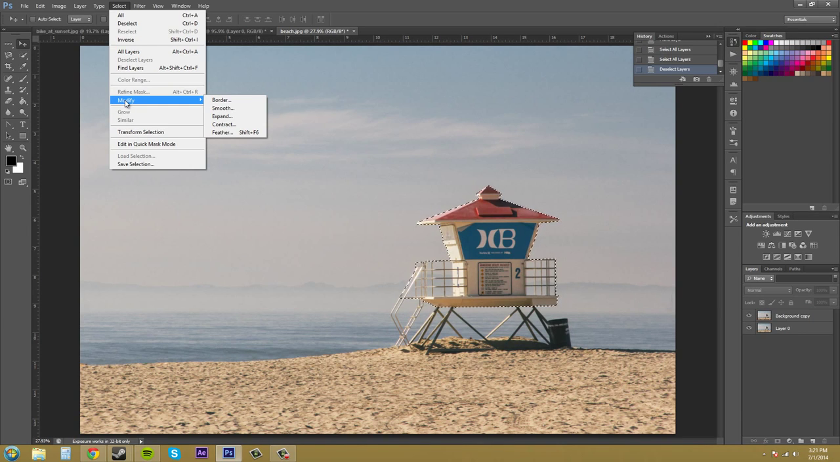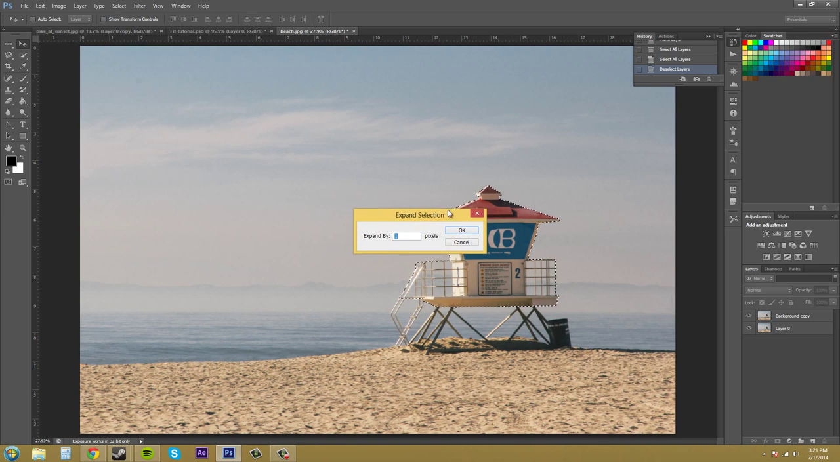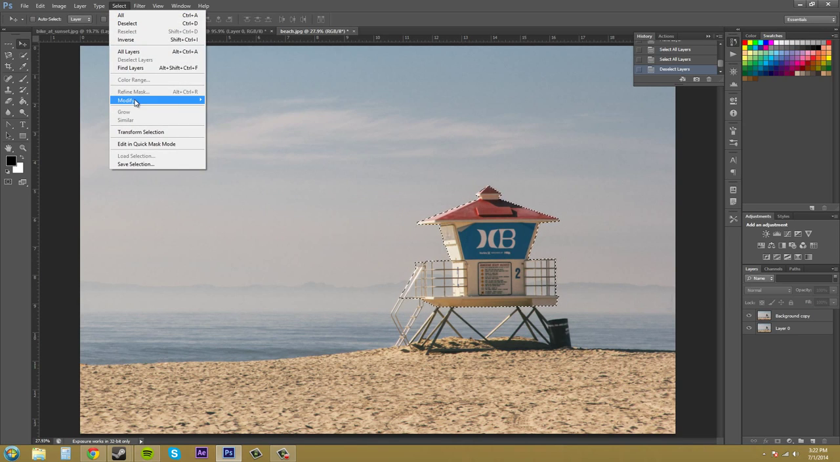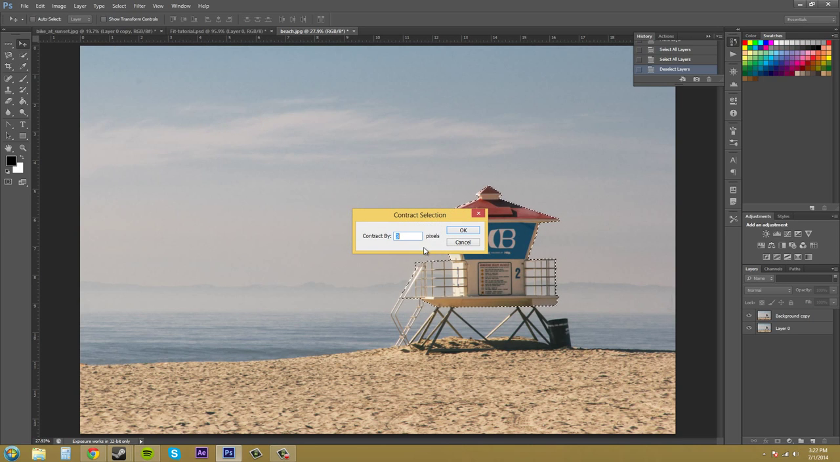So it pretty much lets you basically modify the border by expanding or contracting it. So we'll just click on one, we'll go to expand, and then it asks you by how many pixels you want to expand your selection. So if you're cutting out your selection and it has too much background information in it somehow, you can go in and make the selection smaller. You can contract it down,